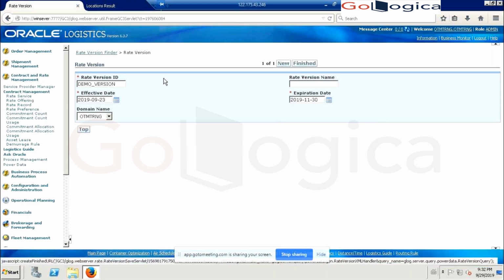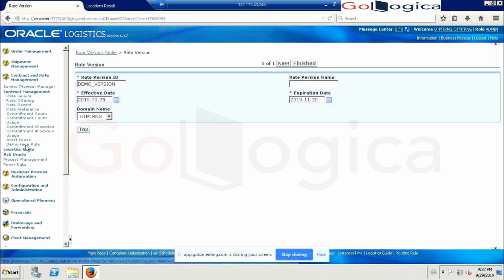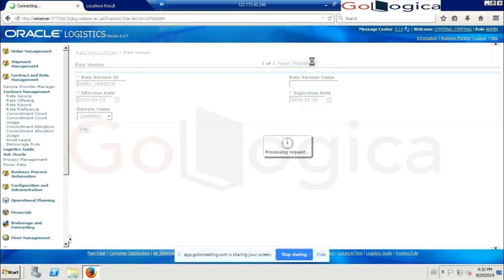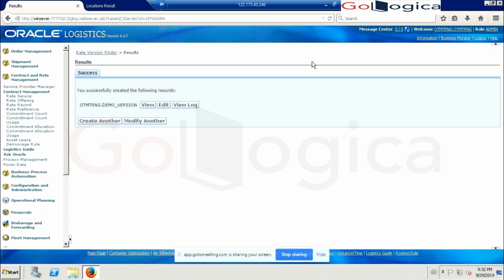Okay. And the rate version can be accessed. Rate version navigation will be from contract and rate management, power data on the contracts. And under the contracts, you will have the rate version. Okay. So I'll share you the other details as well. I'll have one Word document created and I'll share this direct shipment PPT or white paper, whatever. The Word document I'll share the details. Whatever I created, I'll put it without screenshots and share you the details. Sure. So the rate version we have created now. That document will have all the navigation and all the stuff.